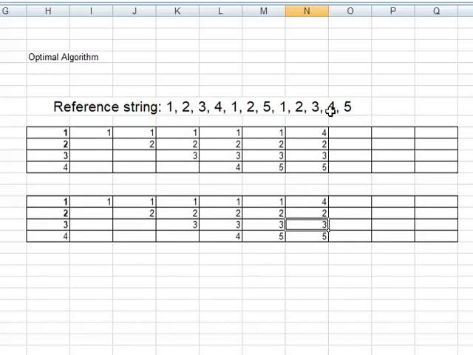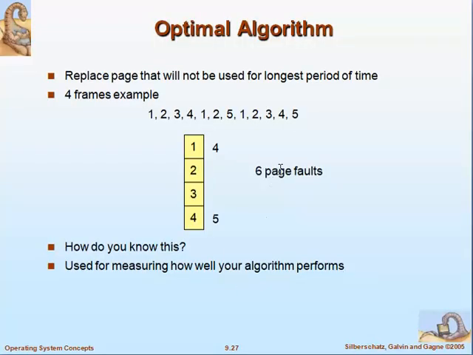Okay, that is how this 4, and after that there is a request for the page 5 which is already in the memory, so that is not a page fault. Now you can see how many page faults we got. 1, 2, 3, 4, 5, 6. In the earlier FIFO we got 9 page faults. So with optimal algorithm the number of page faults reduced. When we reduce the number of page faults, the performance of the process execution is much faster. Okay, so we get only 6